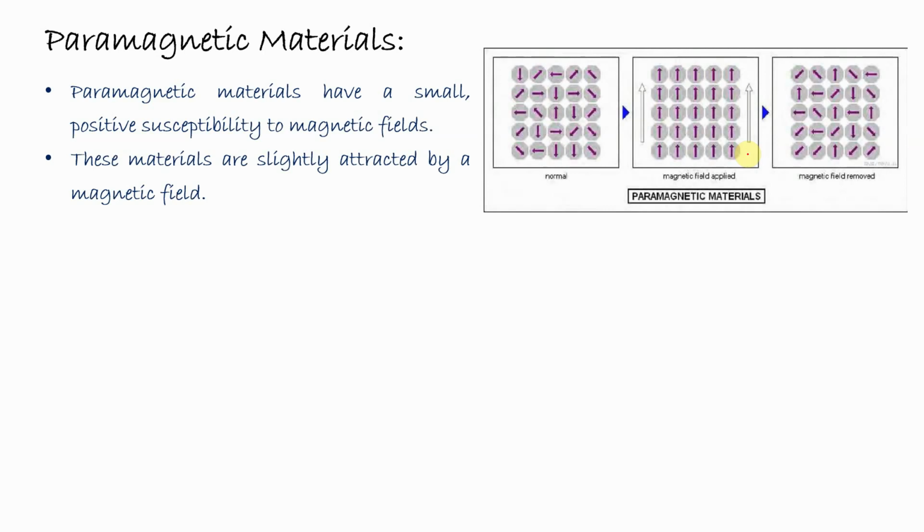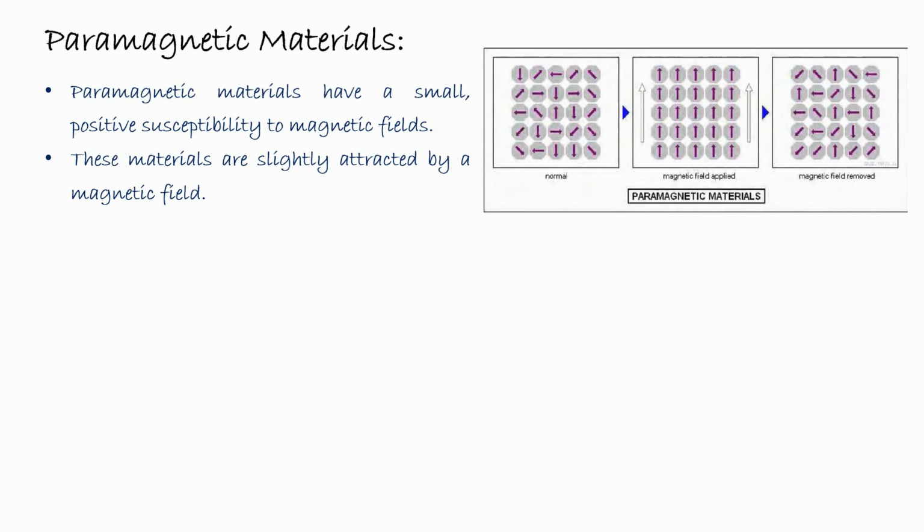In normal cases, the electrons within the material may or may not be in a systematic arrangement, so they can produce a very small amount of magnetic field. But once the external magnetic field is applied, these free electrons will be arranged in a symmetrical order. Their motions will be such that they will be converted to a magnet.